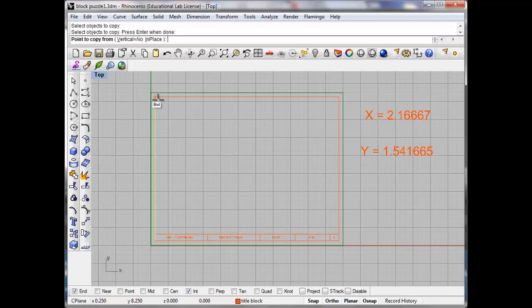Now this is kind of again confusing. What we want to do is give it a reference point. If we had a specific point, we could give it a point to and from, but right now it's just kind of a random location because we're just going to drag it to the right. So I've just picked right there, and then I can just pull that. It's going to leave the yellow line and then pull out a new one. We want to go to a specific location, or actually distance. So what we're going to do is type in that